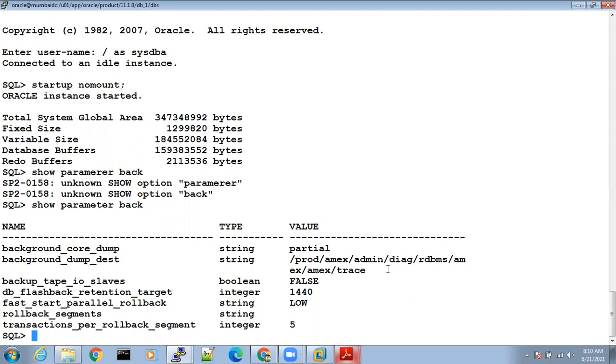No, the alert log file is very important, because whenever something happens in the database, everything is captured in the alert log file. If you are getting any error, open the alert log file, keep it aside and keep monitoring what's happening in the database.